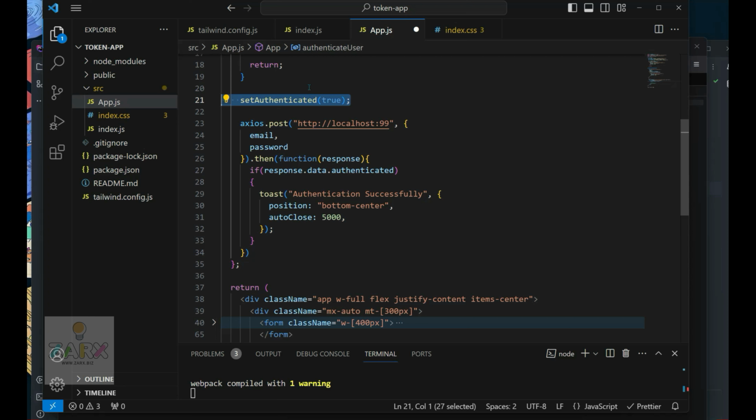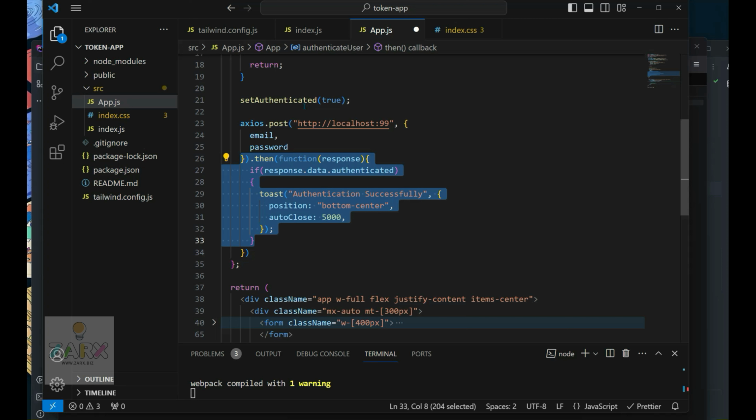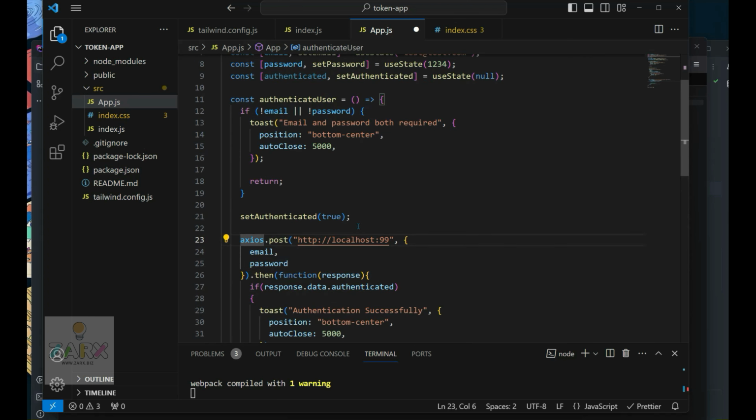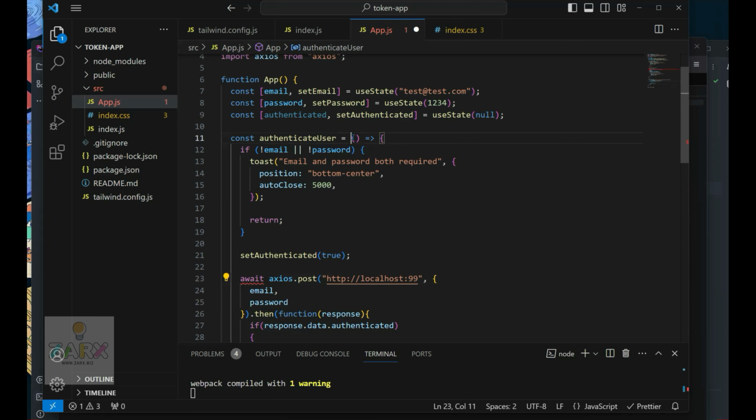But in real world application you will be putting it inside here, so that once you have it... Because I just want to work with the token and the process, how things work with token. So I'm putting it outside because later on it will be a bit quicker, and I won't need to wait for this response to come. Here what I want to do, I want to make it also await. So await, the function needs to be